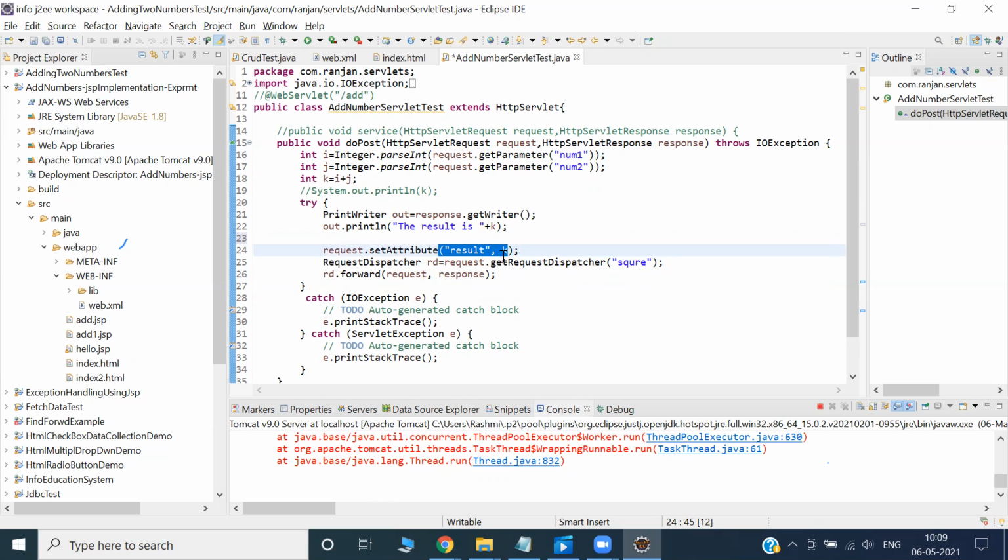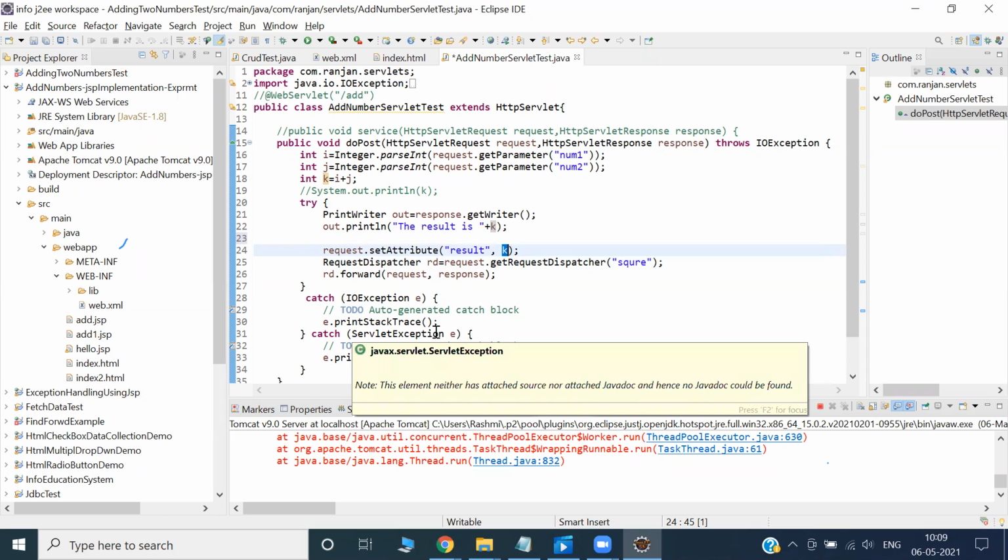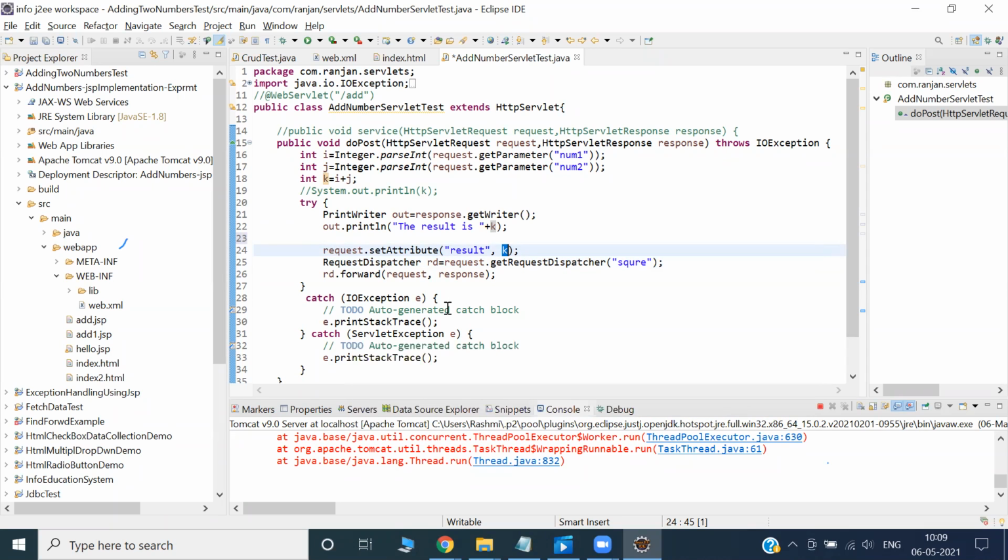What is the value of K? The value of K is 100. It means the request object has to go, but where? The request object should go to square. I don't know what square is, but I know some address is attached to square, and that address should be another servlet.